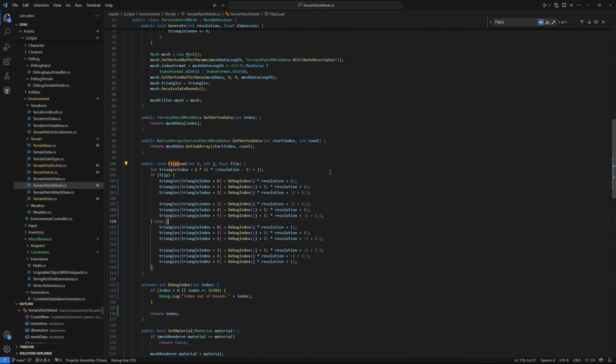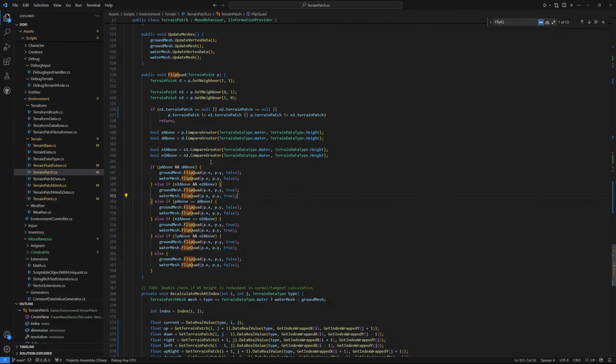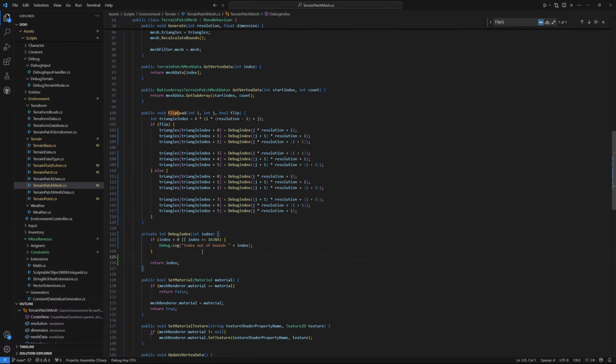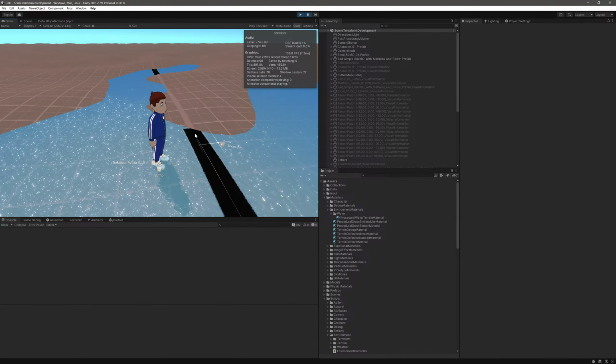But I think, yeah, the biggest issue was this here. If this one goes out of bounds, or if any of the j+1 or i+1 goes out of bounds, we're out of bounds for both this index and the triangle index. But if we just stop a flip quad higher up in the pipeline, it's better. Okay, I want to remove this one eventually as well, but I think we can fix this one quite easily by doing